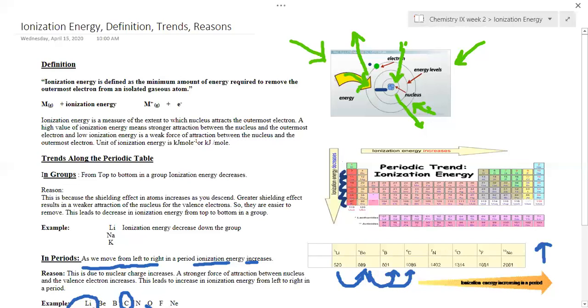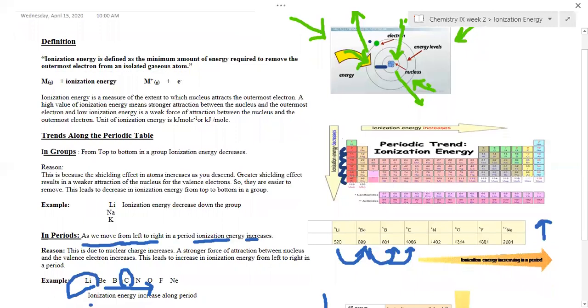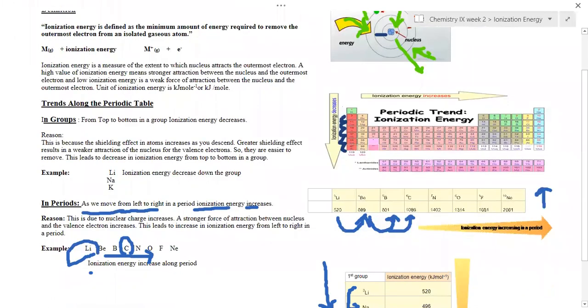And the same we can relate with distance. If an electron is far away from the nucleus, you need just a small force to remove it. But if an electron is close, then you need to apply more